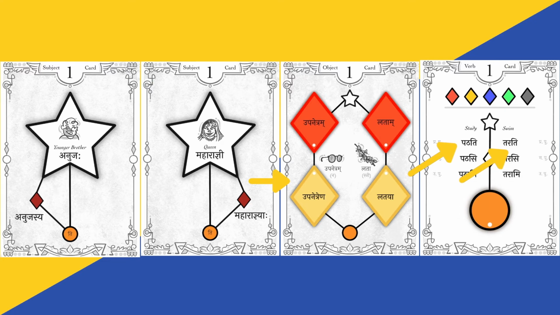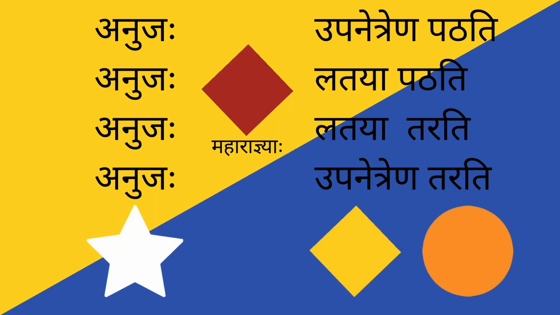You have a star, a yellow diamond and a circle, or a star, red diamond and a circle, and you have another star card in your hand: insert it, use the maroon, and say, here is what it looks like. So Devabhasha's logic makes it extremely simple for you to create sentences and make points. The sentences now read exactly as they used to, with the addition of the Maharajnyaha in between. That's pretty much it.